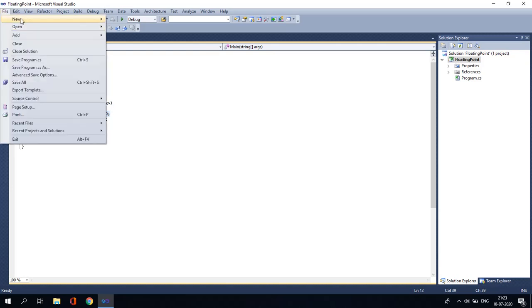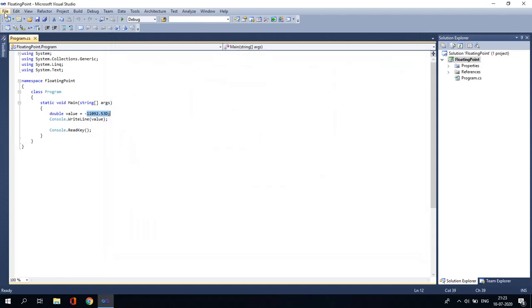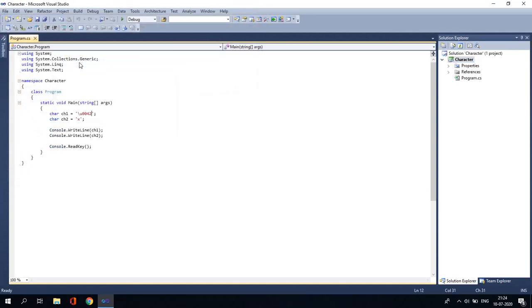Another one in the list of primitive data types is character. For character it represents 16-bit Unicode values. Since they are characters, you have to represent them in single quotes as I have mentioned here. Size is 16 bits and default value is \0. So for characters, let's see here an example, character ch1. ch1 is of data type char and here \u0042 is mentioned, which represents a Unicode character.